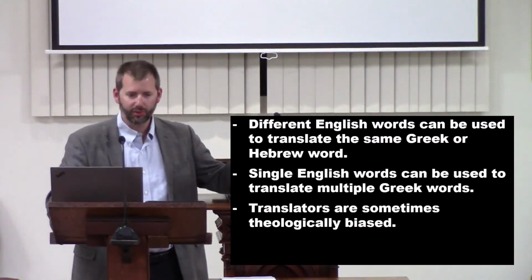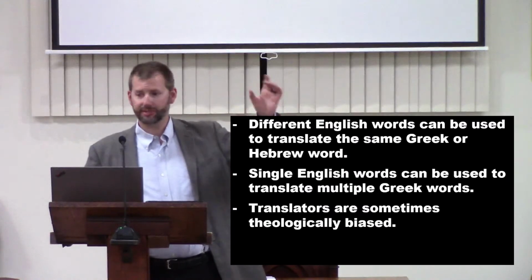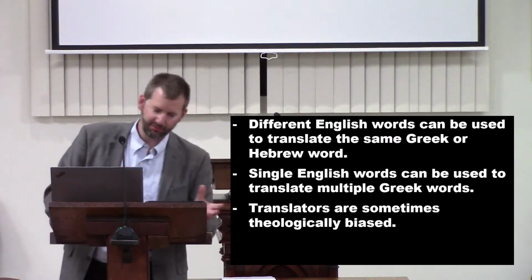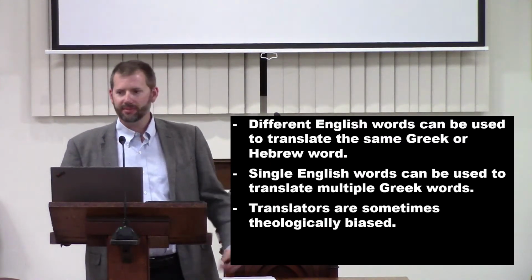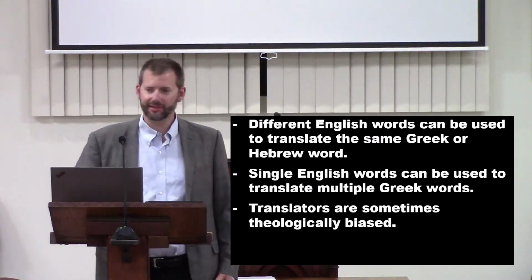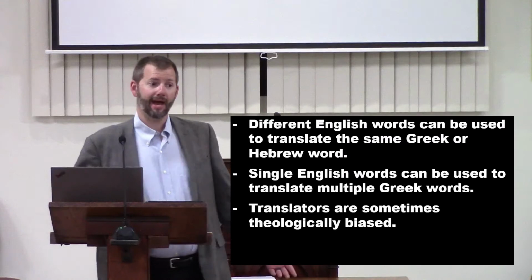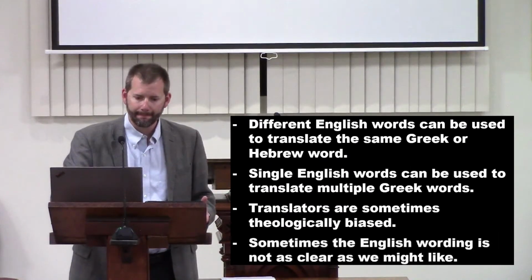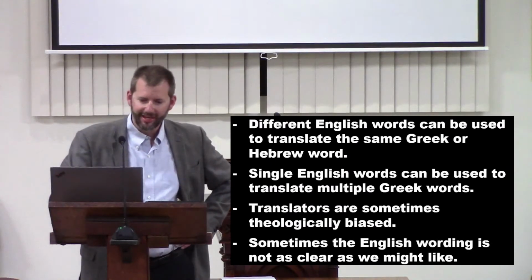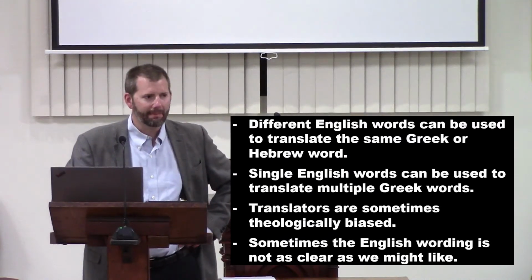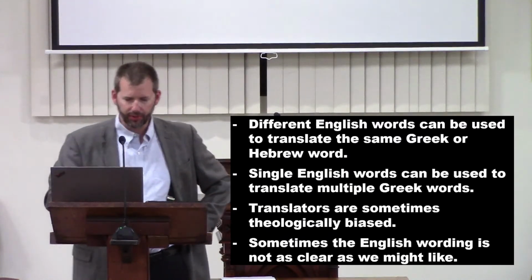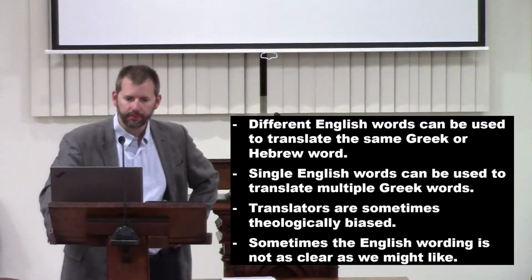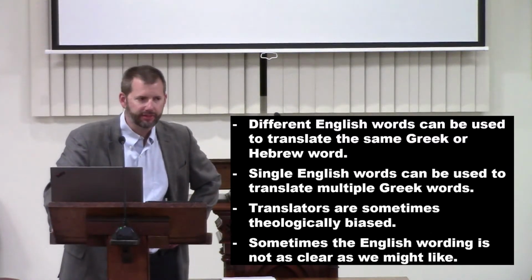It's a transliteration where they took English letters that made the same sounds as the Greek letters and made a new word. Because when the King James Version was translated, the King James had been sprinkled, and if they translated immersion, as the Greek means, they probably would have been beheaded. So that changes our understanding of the text. And sometimes the English wording is not as clear as we might like. It may not be as clear, and so we need to be able to know what the original author intended with their words. Now, any thoughts or questions about these points?